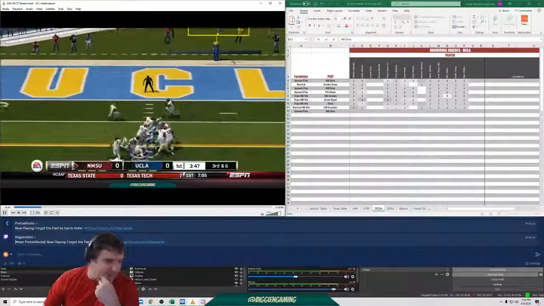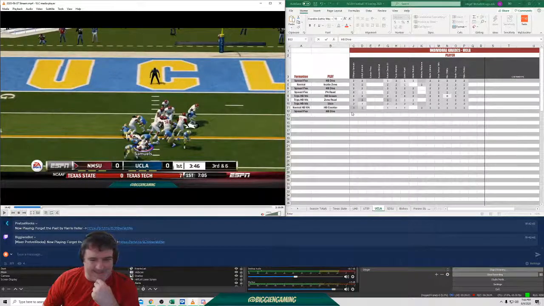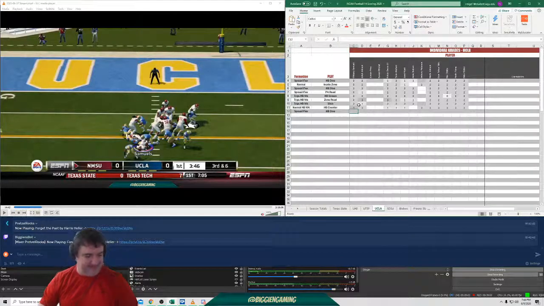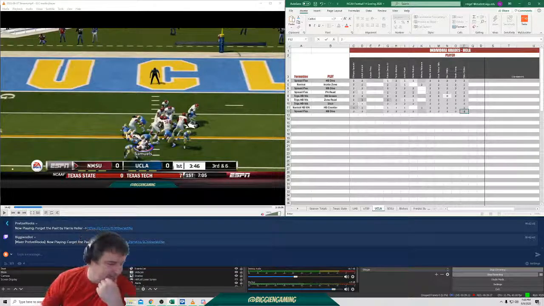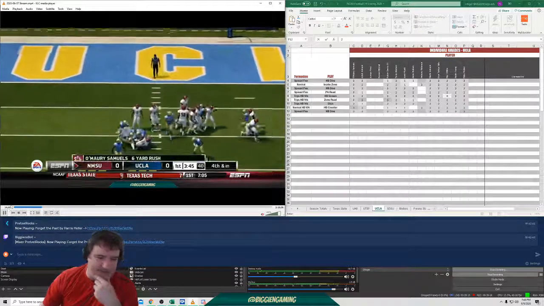It was long enough. 2, 2. I'm going to give 2s all across the board to our receivers. Okay. Our safety just came down and made a nice play.